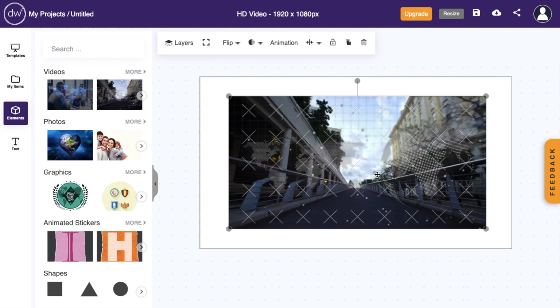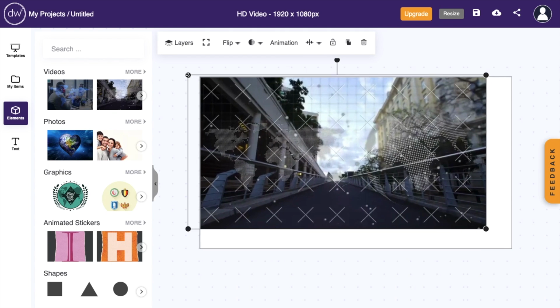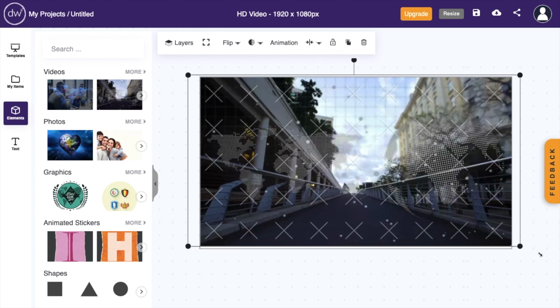I'll make it as large or as small as I want. So if I wanted to make it maybe the size of the screen, I can go ahead and do that. And there you go. Pretty straightforward, but that's how you guys can add videos into your design here in Design